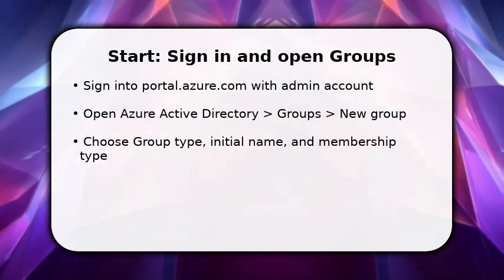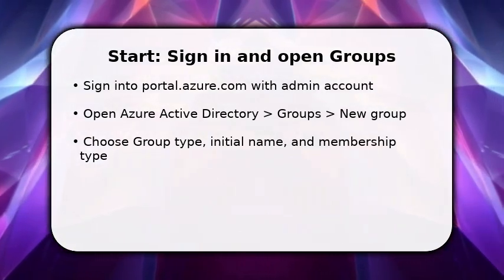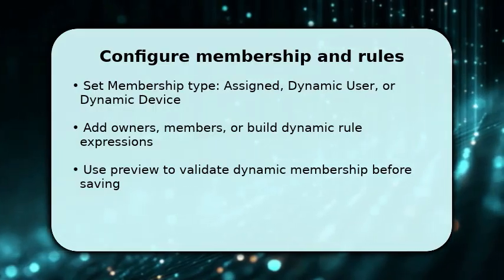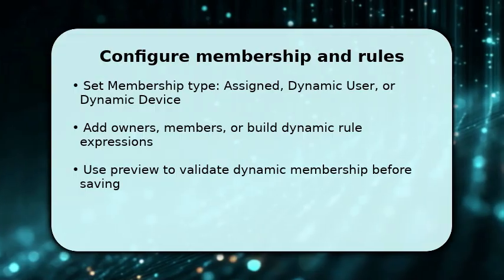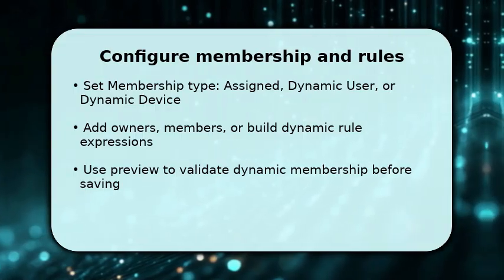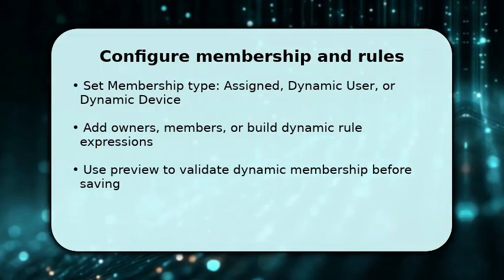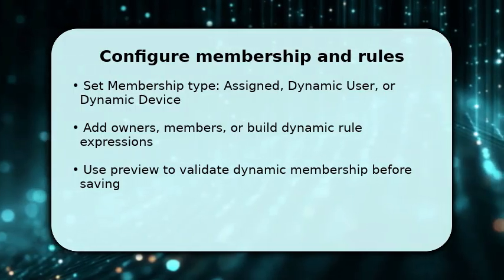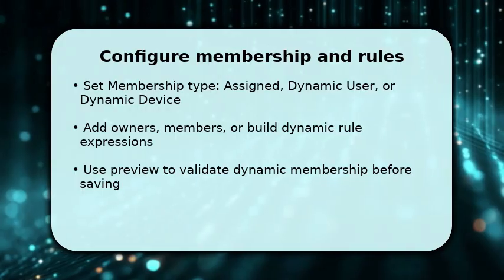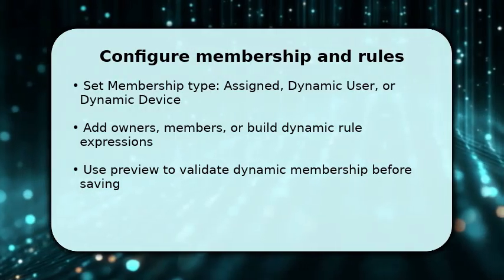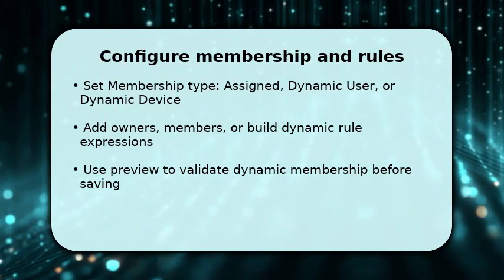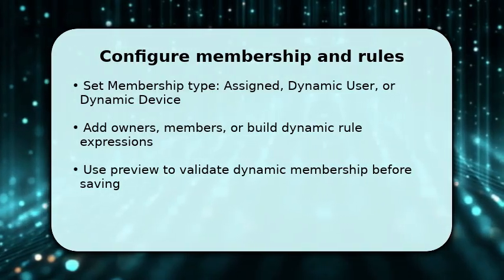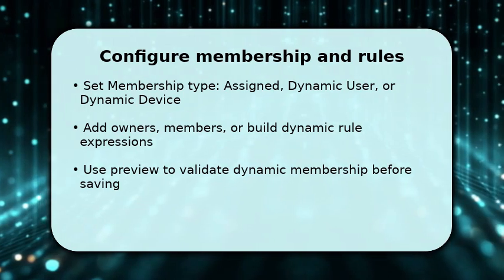You now configure the group's core behavior. Choose Assigned for manual members, or Dynamic User or Dynamic Device if you want rules. When using dynamic rules, write attribute-based expressions like user.department -eq "Sales", and test them. Add at least one owner to manage membership and include initial members if needed. Use the preview or evaluation function to confirm the rule returns expected accounts. Make sure the scope and attributes match your Azure AD schema, then move on to the final validations and creation